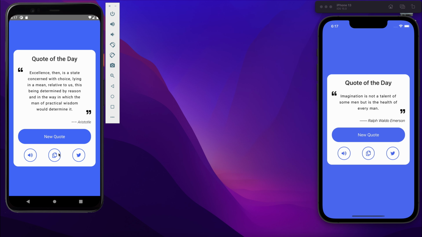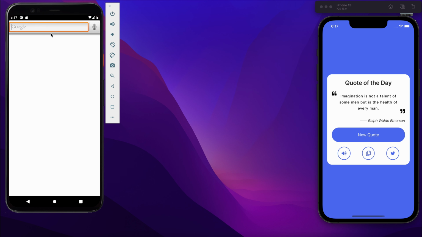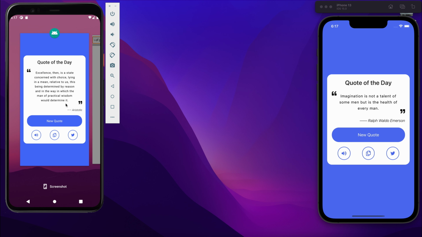And then we have this button in the middle which will copy the code. Okay, so this has been copied. Now we can use it anywhere. Let's see if it has been copied or not. Okay, let's do that here. So I'm pasting it and here we can see some text, and let's see, it is matching the text,